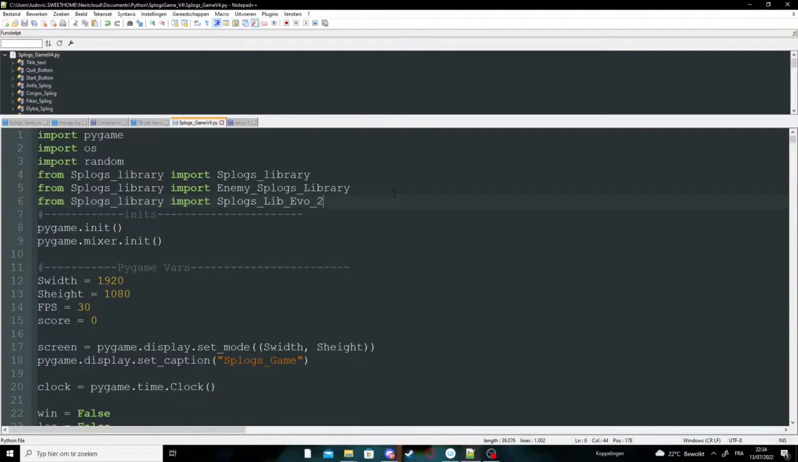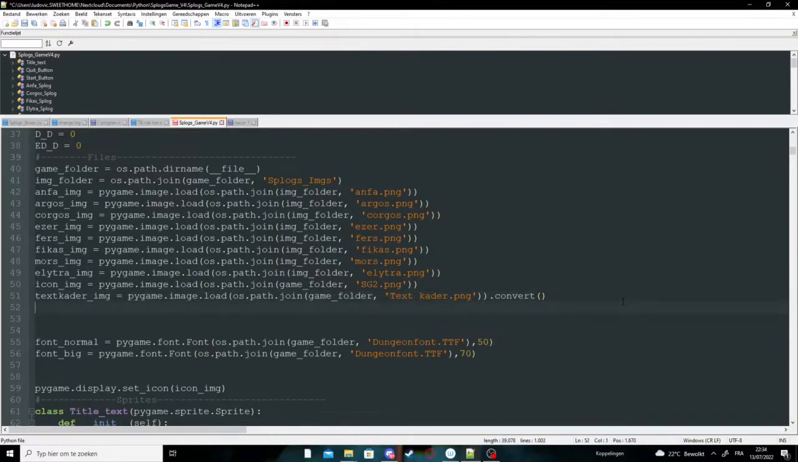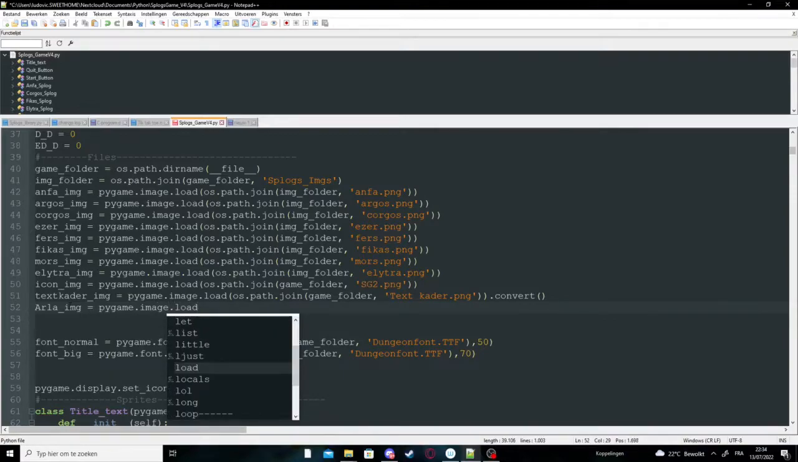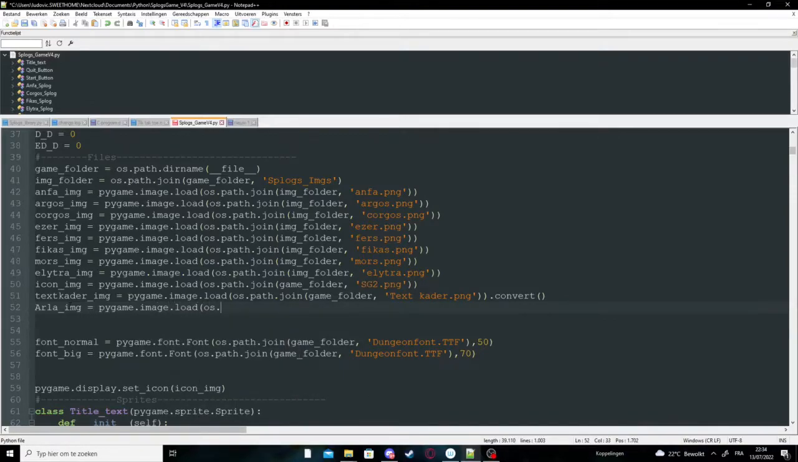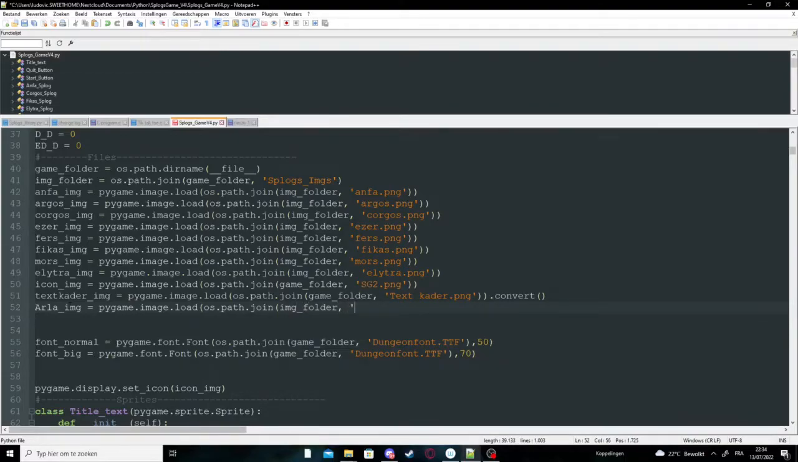I will take the name here, copy paste it, put Splogs Evo 2. Okay, so now for the image I will care for different names. Let me get the names real quick. So for evolution of Alpha, it's Arla. So Arla img equals pygame dot image load, and we're going to load this image from the OS path, going down to the image folder, where we're going to take the image in question, which is